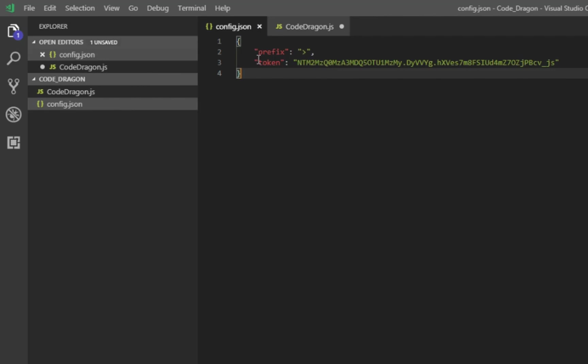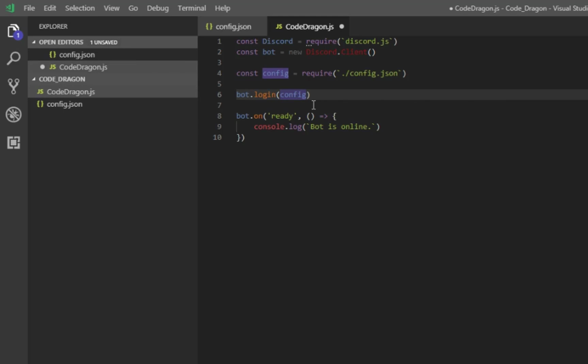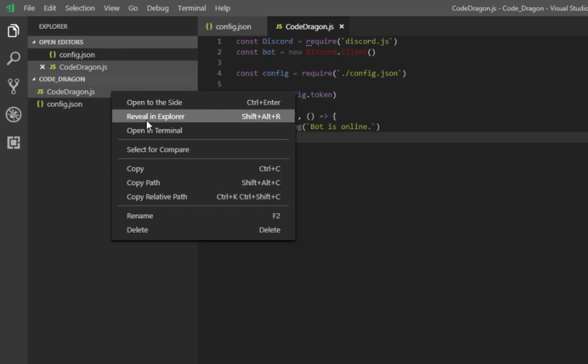So what we want to do is find the token in this file. We don't need the prefix yet. So to get the token, we do config.token. And now the bot will log in using the token. And then when it has logged in, it will log something to the console saying the bot is online. Hopefully. Now to run it,